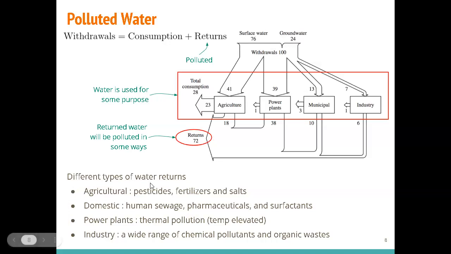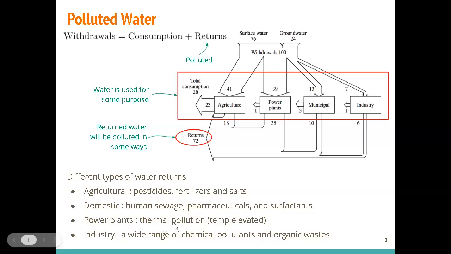Okay, so different types of water returns, for example, agricultural, where do the pesticides go in the returns? Okay, and domestic, meaning this municipals, right? Domestic use. Of course, when we have taken a shower, the soap will go into the return, right? Or when you have taken medicine, sometimes you excrete that out of your bodies, right? It will also go back to the nature. Okay, and of course, human sewage.